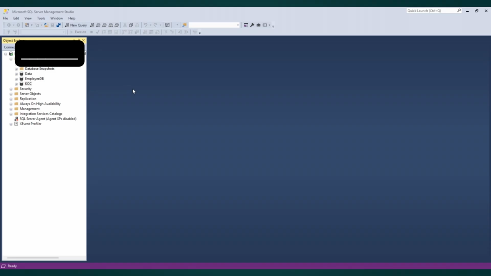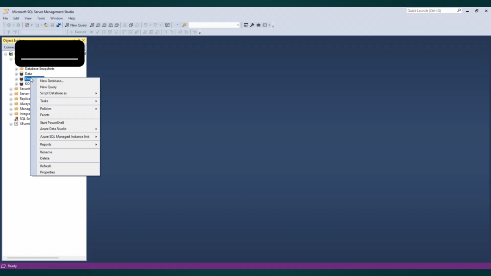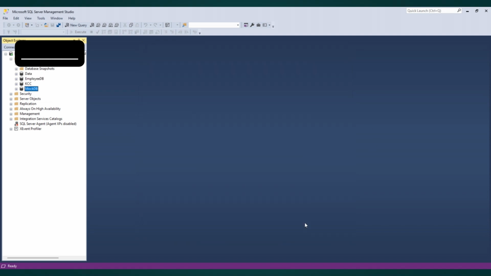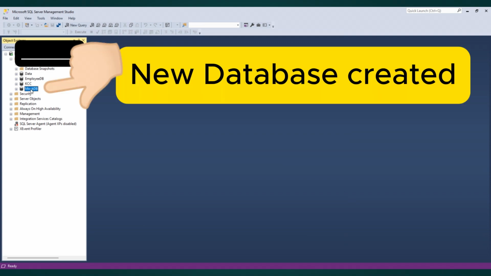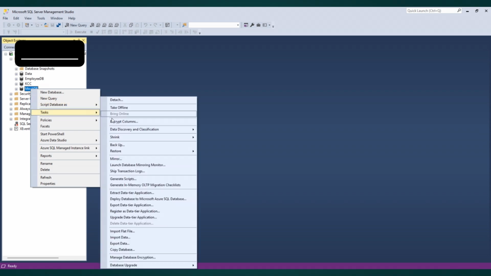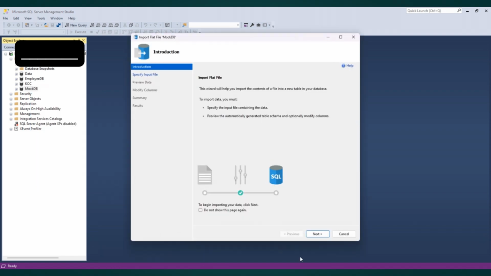To get the CSV file into our SQL database, you will right click here under databases, click on new database, and then we generate a new database, call it mockDB. Click OK. And here we have the mock database. Now we right click on the database and go to tasks, import data, and choose import flat file. Then we click next,